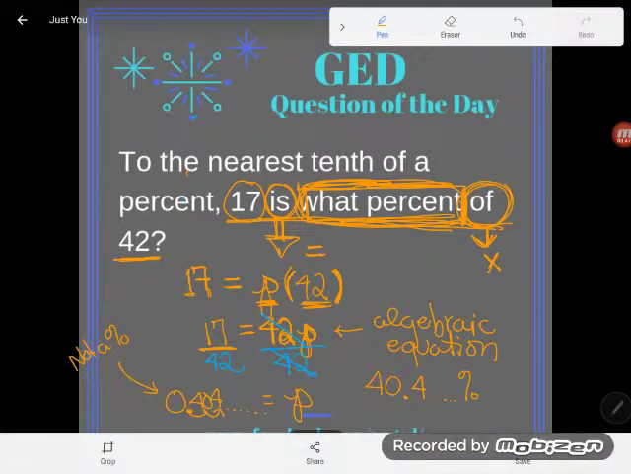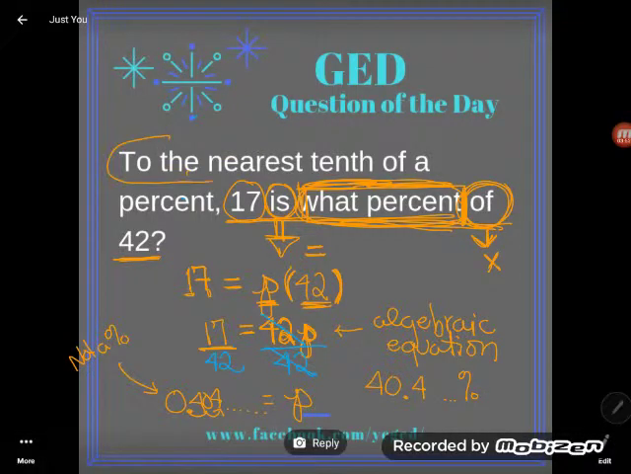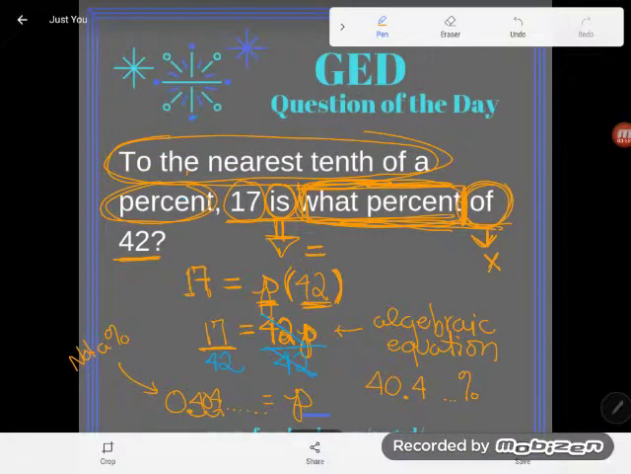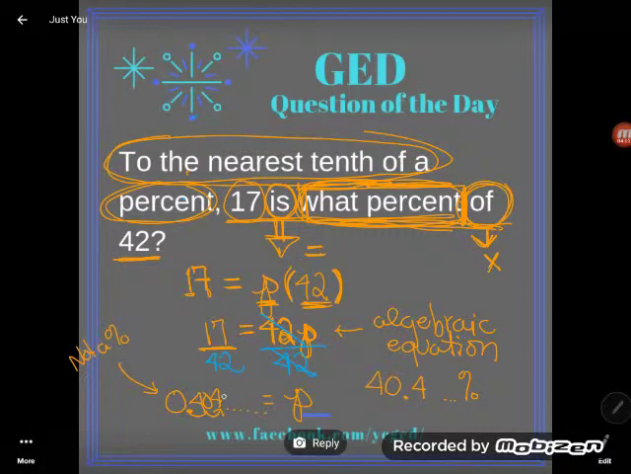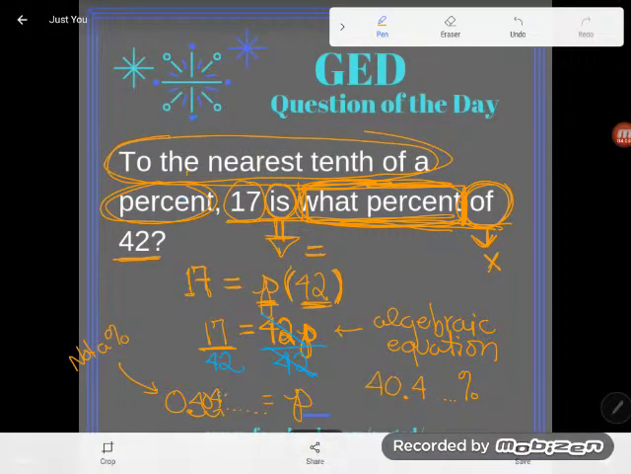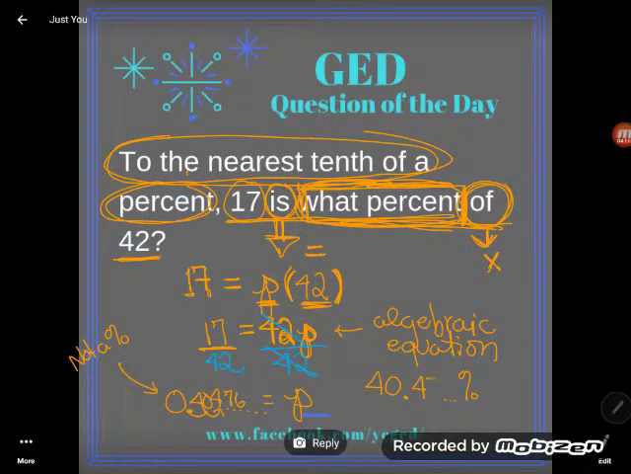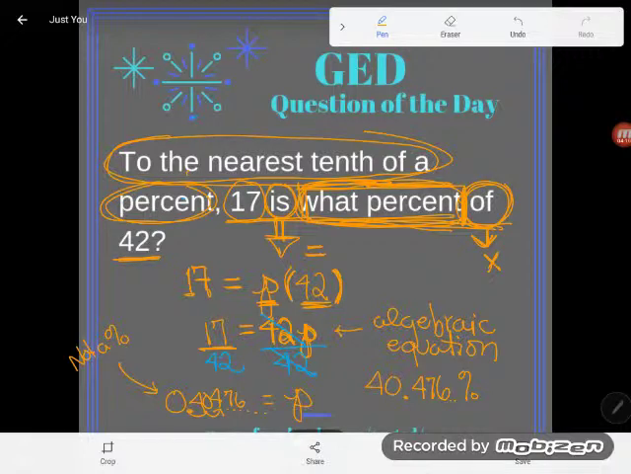Now that I have that answer there, I can follow any rounding directions. And indeed, there were some rounding directions. My problem said to the nearest tenth of a percent. Uh-oh, I better pick up another decimal place. Let's see, 40.47676. Okay, I realized I needed that extra decimal place because when you're rounding, you always have to look not